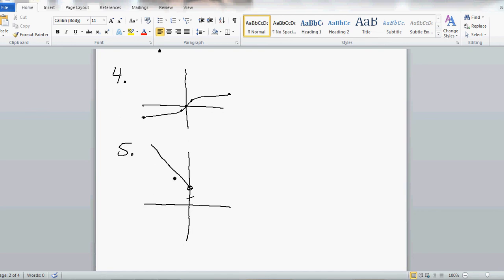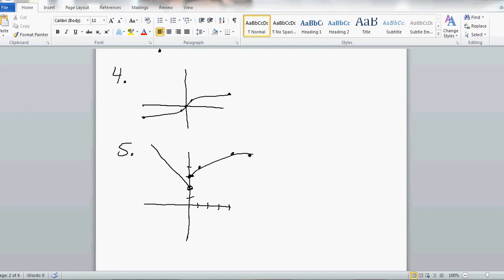Then we look at the square root of x plus 3. Well, the square root would come over here with those points, (0, 0), (1, 1), and (4, 2). But the plus 3 there says move everything up 3. So instead of (0, 0), it's going to go up 3, so that's going to be my first point. Then it was (1, 1). Move it up 3 places, 1, 2, 3, so that's going to go right there. And (4, 2) would be here, move it up 3 places, and that's over here. So it's going to go like